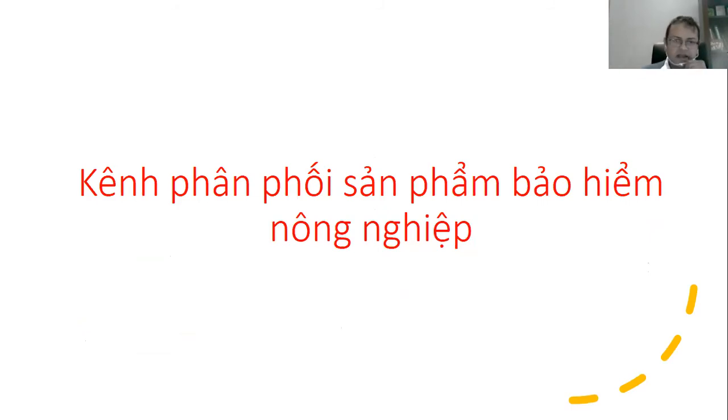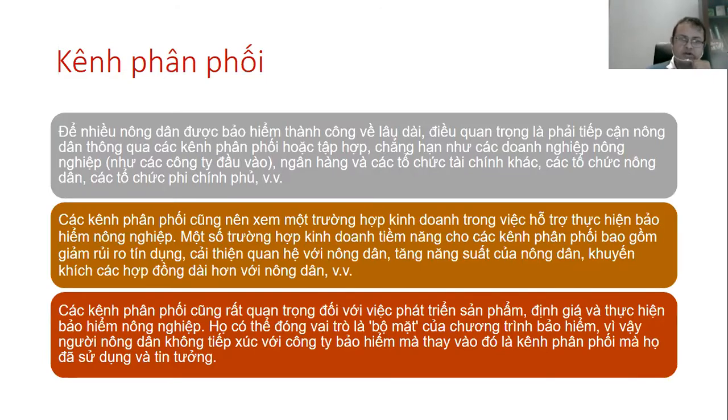In the next slide, we can see that in order for insurance companies or even the government to reach a large number of farmers in the long run, and for a large number of farmers to be successfully insured, it's really important that the farmers are reached through different types of distribution channels or aggregators. So the point is, of course, it's also possible to insure the farmers individually or only through the farmer organizations as well. That's also possible, but it's much more difficult, and